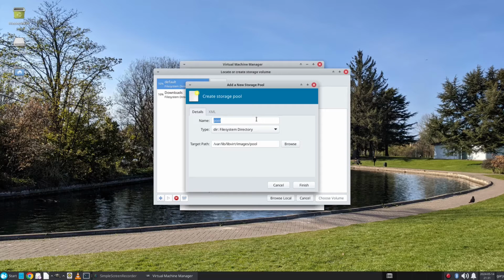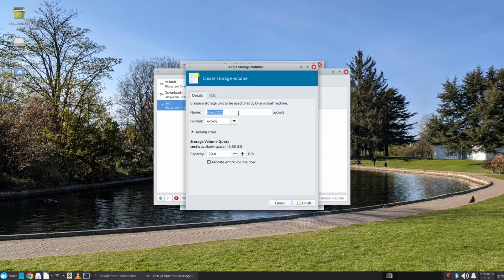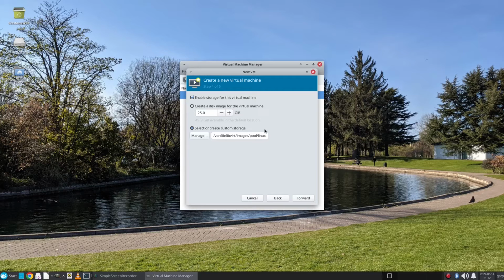So let's call this test. Click finished. And the location it's going to put the files is this folder here. And I can add a disk in there. You can see I've got a very small amount of available space for this. So I'm just going to leave it at 20 gigabytes. In fact, I'm going to take it down to 15. And if I click finish, it will create that drive,